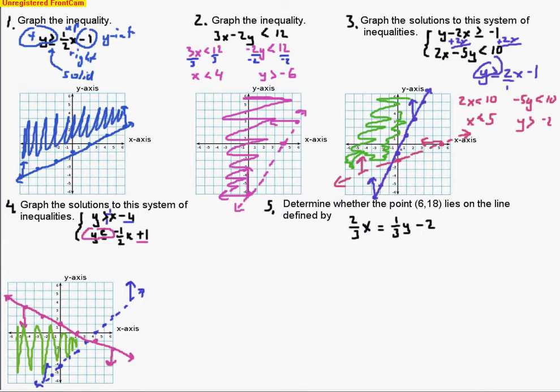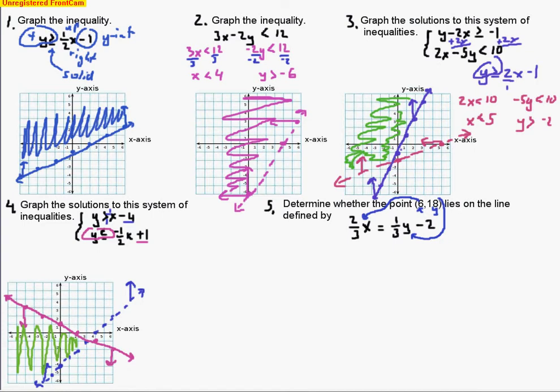Well, one more problem, and this one involves determining whether a point lies on the line defined by this equation. So what you're going to do is take the x value, which is 6, and put that in place of x in the equation. And take the y value, which is 18, and that goes in place of y. Now, the common mistake is, if I had the y term right here, this 1/3 y over here, and the x term over here, sometimes people think, oh, 6 is x, so I need to put that in there first. And so when we go ahead and do that,